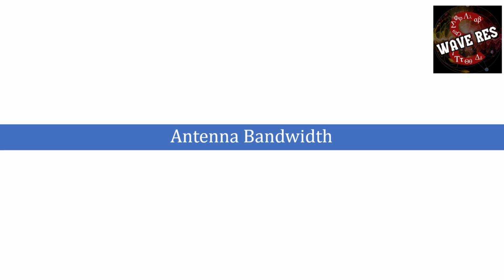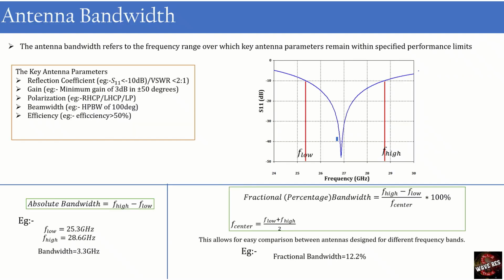This video explores one of the important antenna parameters, antenna bandwidth. Antenna bandwidth refers to the range of frequencies where the key antenna parameters are within the specified performance limit. That means that while designing antennas, we have to consider different parameters like reflection coefficient, gain of